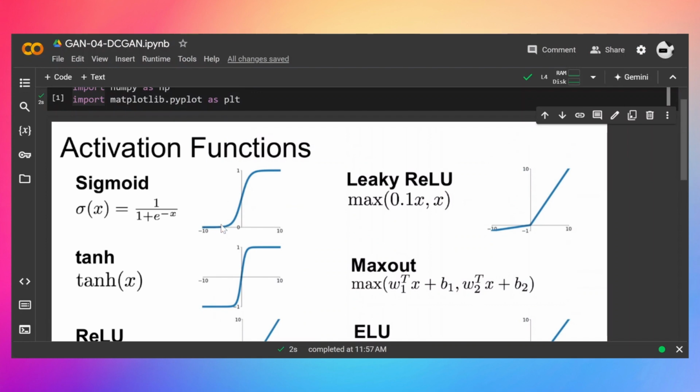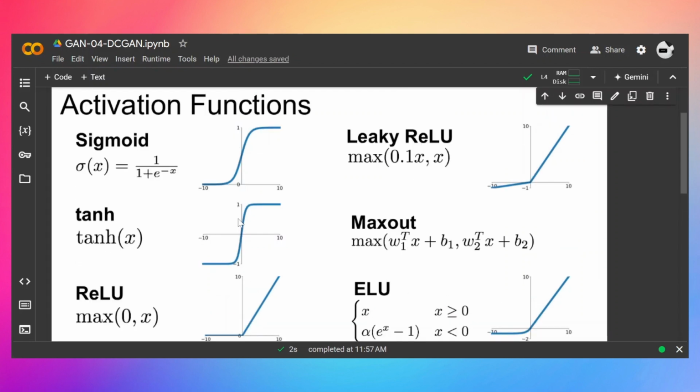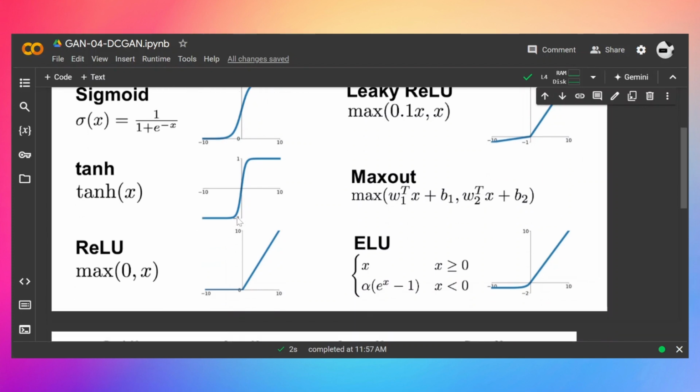And now these are some activation functions which are commonly used in deep learning. So this is our sigmoid activation function. We commonly use it with binary cross entropy on the last layer. And then this is the tanh activation function. So this could be used in the hidden layers or on the final layer. For example, if I normalize my dataset having pixel values between -1 and 1, then I'll use this tanh activation function on the last layer. But since our values are between 0 and 1, that's why we are going to use sigmoid. But in the upcoming videos, we will switch from sigmoid to tanh, because as you can see its values are